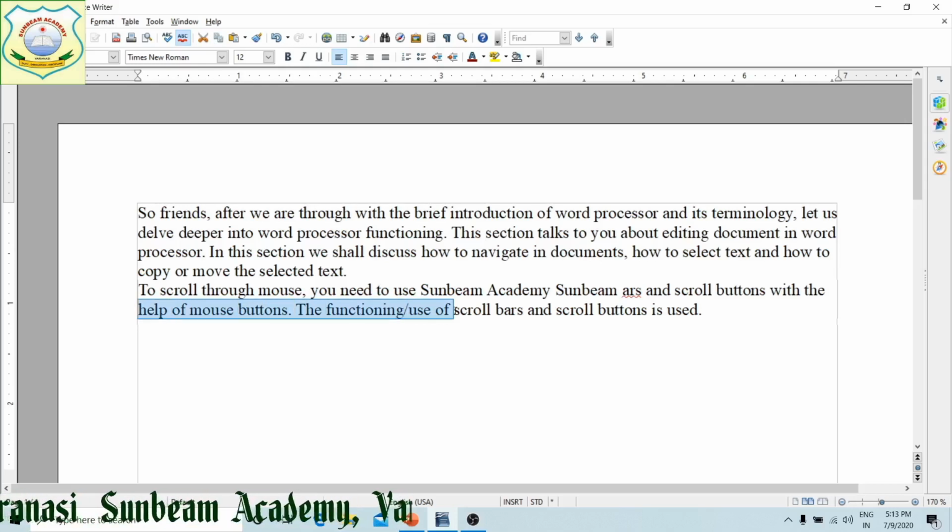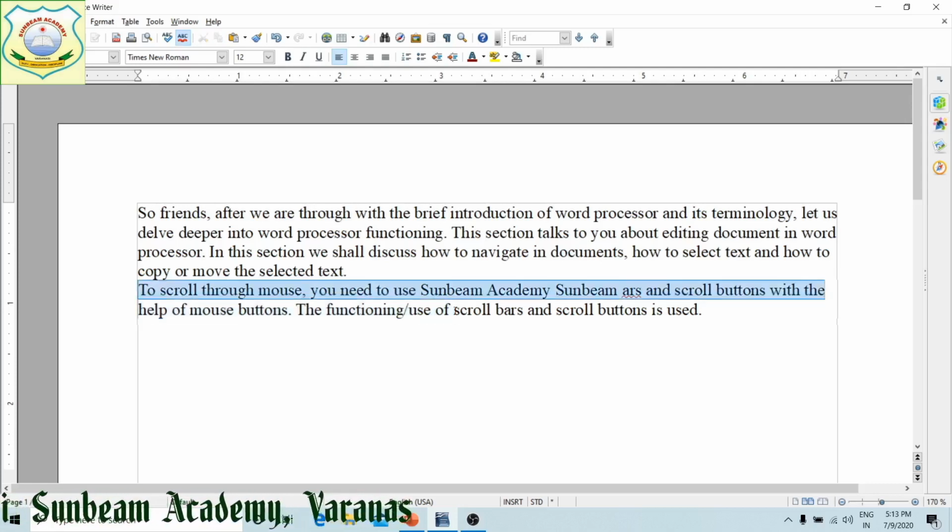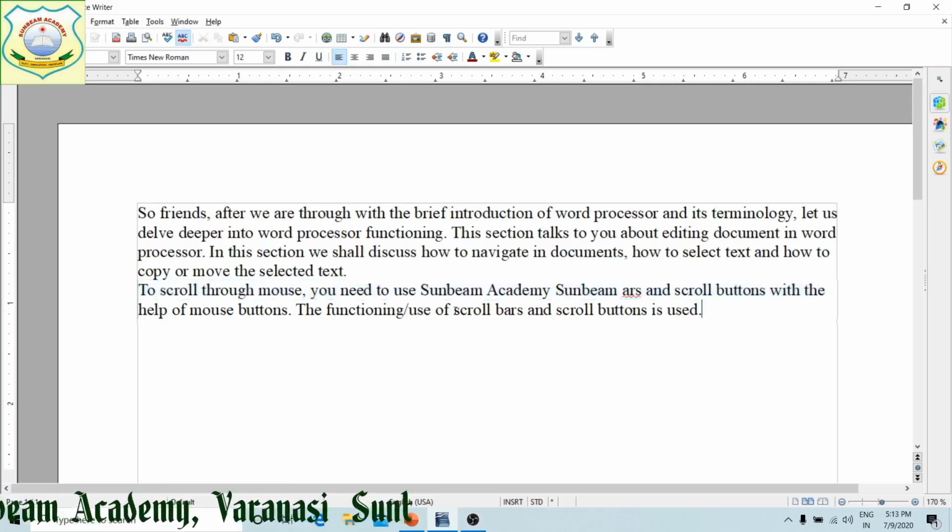If I am going to use it at any place, suppose I am here, Shift and End key, the complete line will be selected, means to the end of the line. Suppose my cursor is here, Shift and Home key I am selecting.